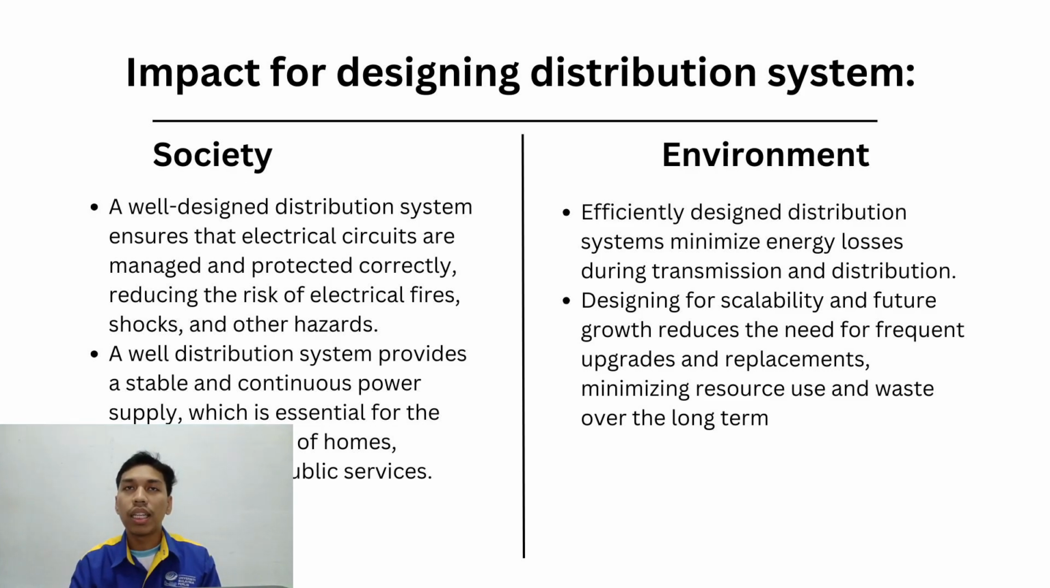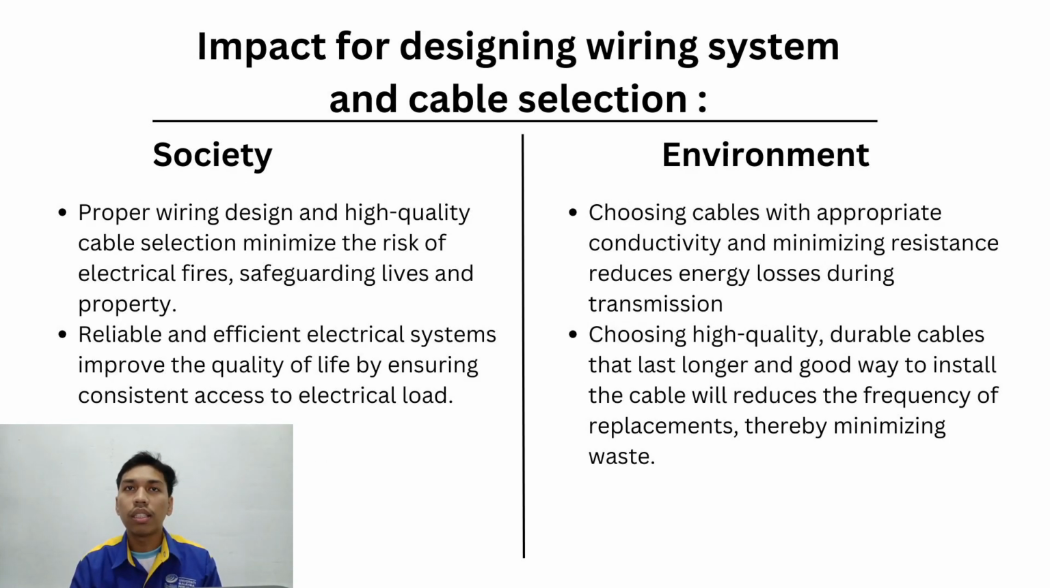Proper wiring design and high quality cable selection minimize the risk of electrical fire, safeguard life and property. Next is reliable, efficient electrical system, improve quality of life by ensuring consistent access to the electrical load. Next, for environment impact, which is choosing the cable with appropriate conductivity, minimizing resistance, reducing energy loss during transmission, like